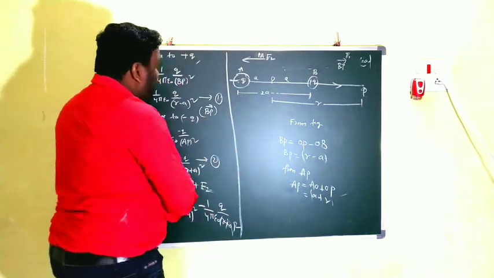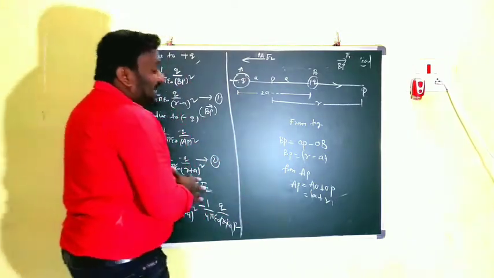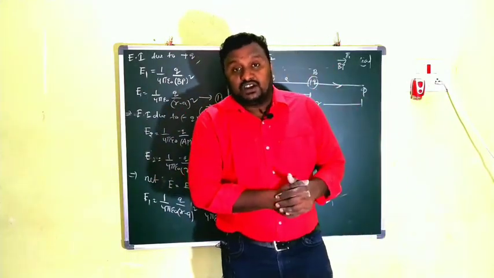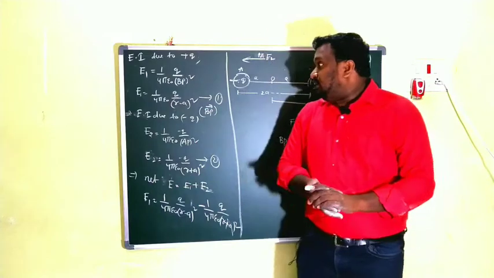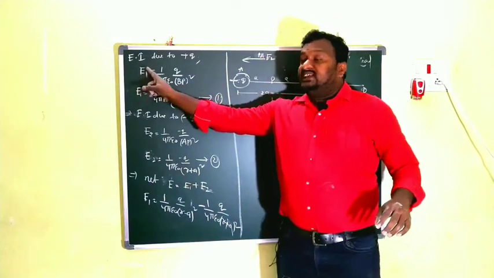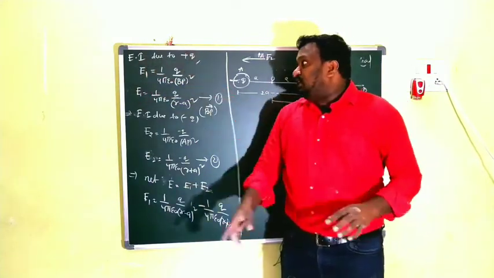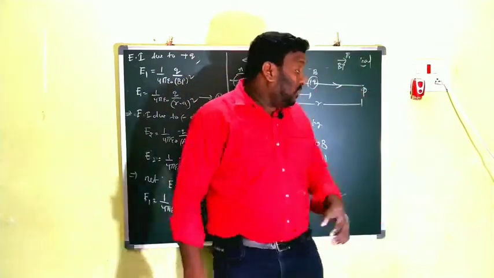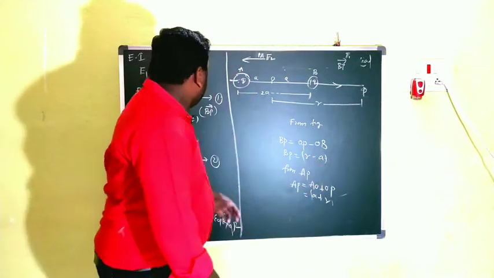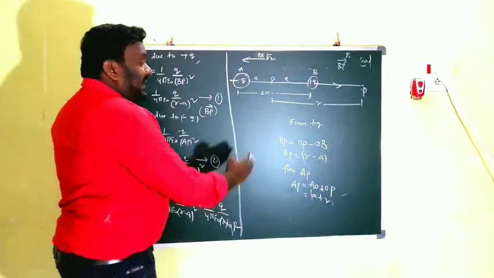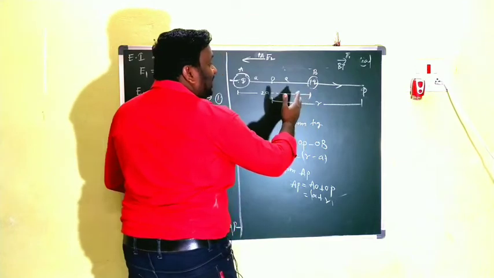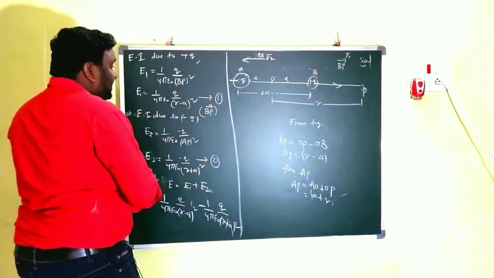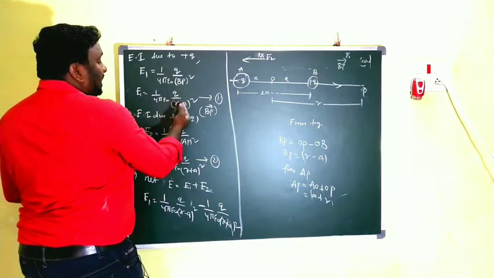R, R plus A. After that, according to the electric field intensity equation due to a point charge, E is equal to 1 by 4 pi epsilon q by R square. Then here E1, the electric field intensity because of plus q charge, is 1 by 4 pi epsilon q by BP square. Already the BP value is R minus A, we substituted. Now it is the positive charge, that's why the electric field intensity is radially outward. And now in this case we write BP as R minus A whole square.